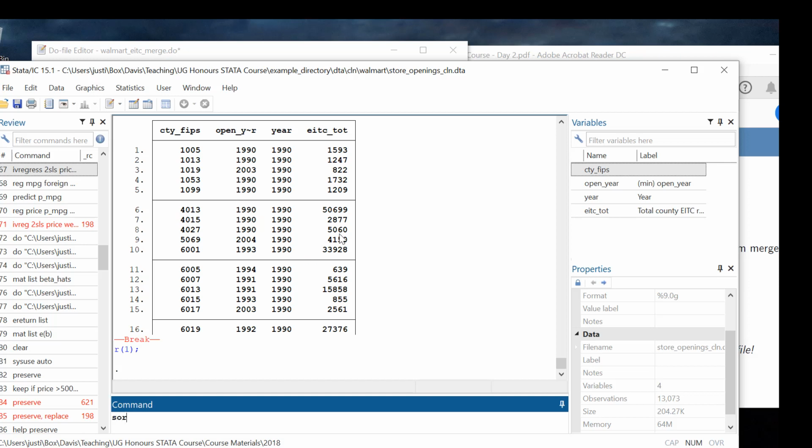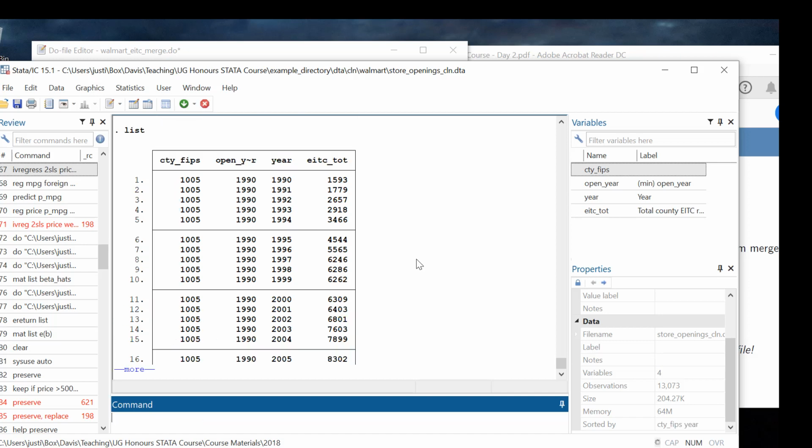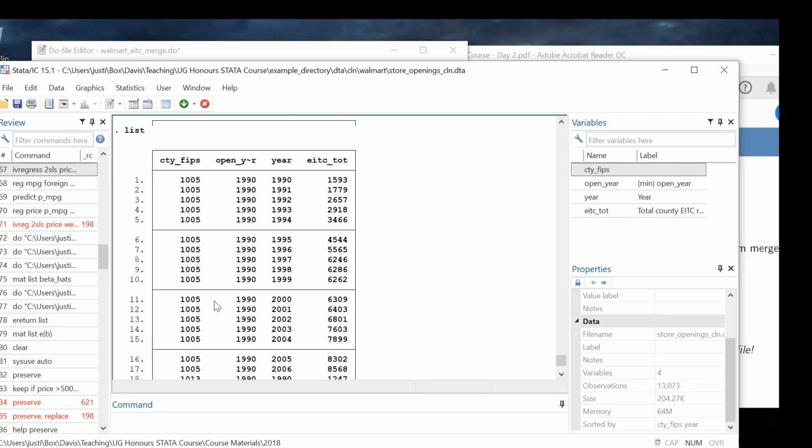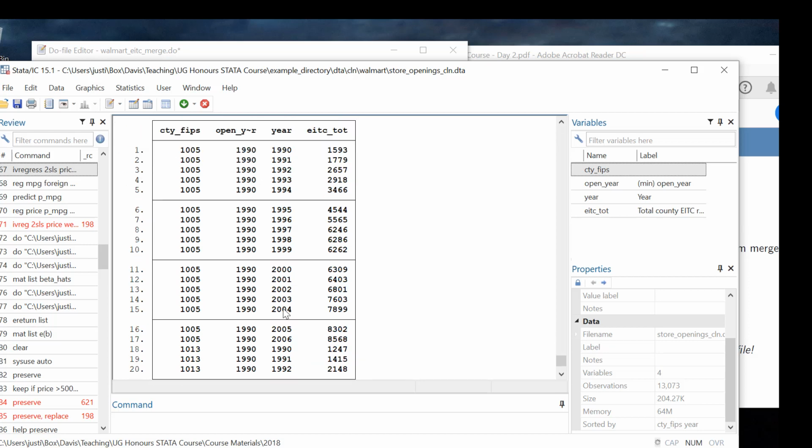So let's sort now, and you can see down here it doesn't tell you what it's sorted by, but we can puzzle out that it is sorted on year. Now let's sort by county FIPS and then on year. And now if you hit list, you see, oh, great, now we've actually got county FIPS 1005, that's the first one that we observe, and we have it for every year through to 2006